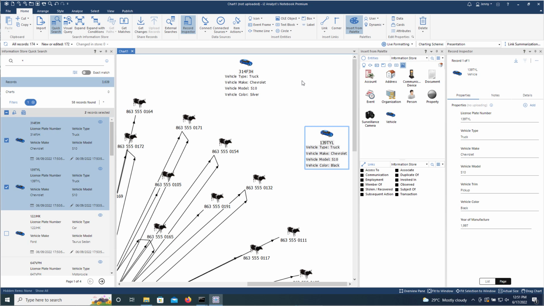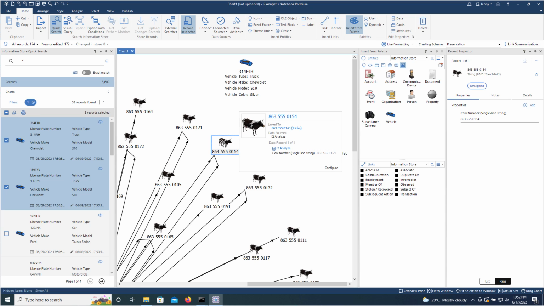So I can work with these records at the same time as I can work with these, because they're all of the same structure. But obviously these are using some property types and some item types that are not included in my schema. Of course, you get the notation that this is unaligned. This indicates that I can't upload it to the information store. Okay, so that's the flexible importing in